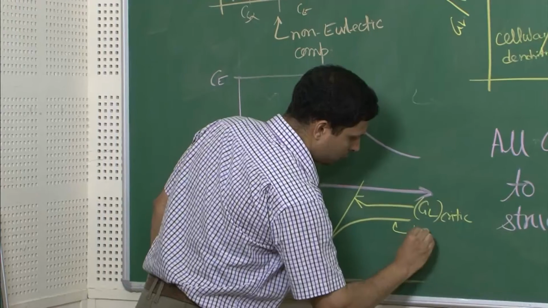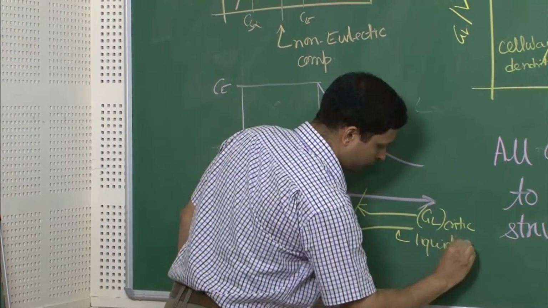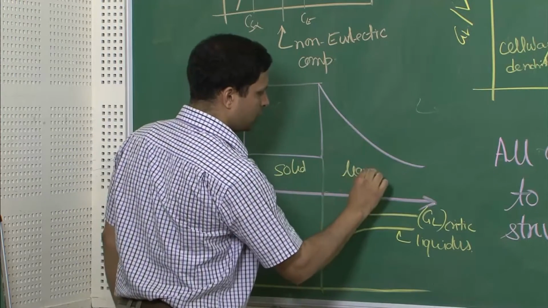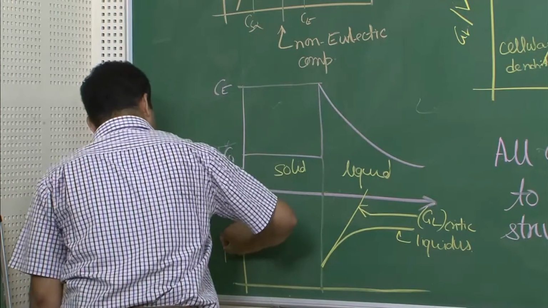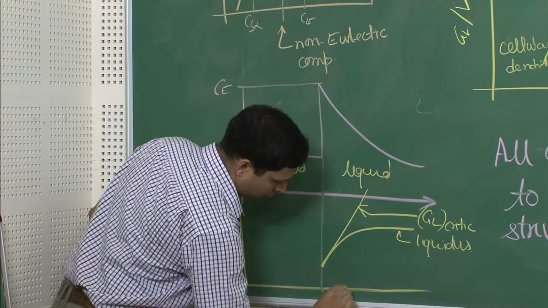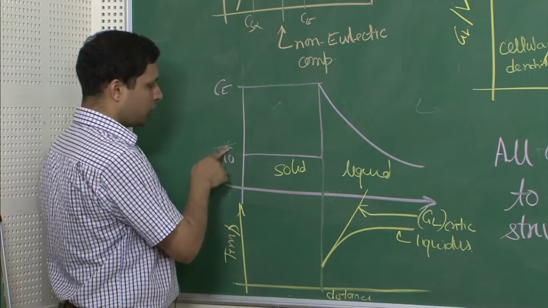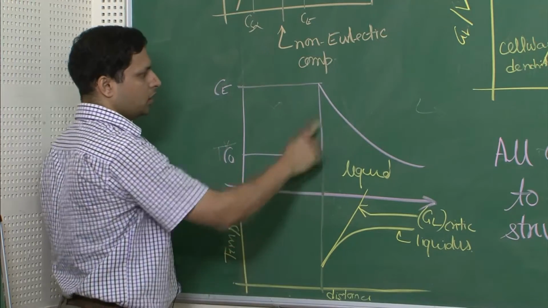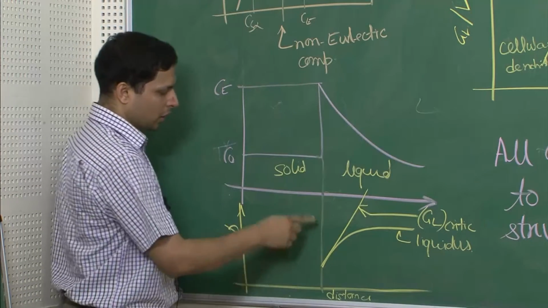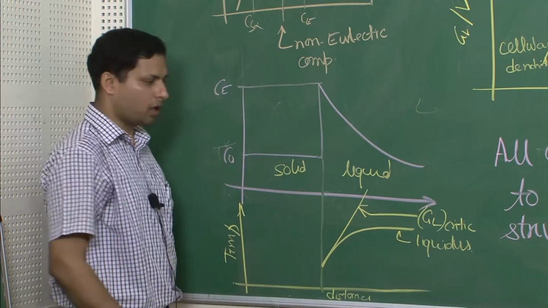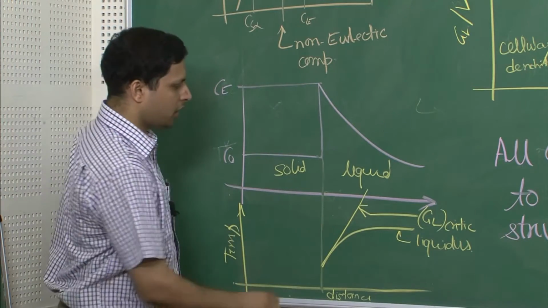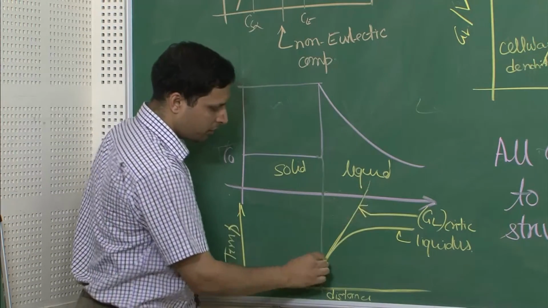This is the liquidus, this part is solid, this is liquid, this is composition, this is temperature, and this is distance in both. So this is composition versus distance. Solid has this composition, and the liquid ahead of it that is forming has a composition distribution like this, which leads to liquidus variation like this, and because of that you can get a critical temperature gradient which is like this. So this is our critical temperature gradient.